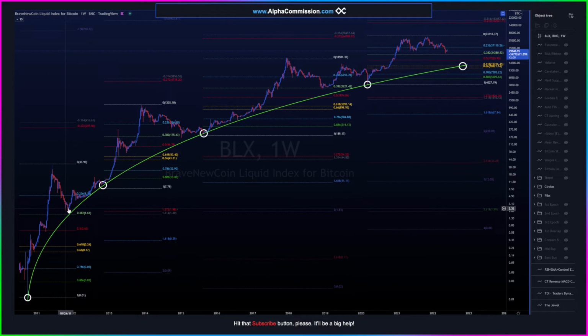And what you can see here is that we pretty much got to the 382 if you use my method, okay? And then I did it again, where we touched my curve, not the bottom, but where we touched my curve. And then I pulled it to the top, and look here, we got to the 382. Now, where we touched the curve to the top, I pulled it again, and look, the 382. Where we touched the curve again, I pulled it to the top, and guess where we are around in this neighborhood right now? The 382, and that would suggest the bottom of the market, if we go by this trend,